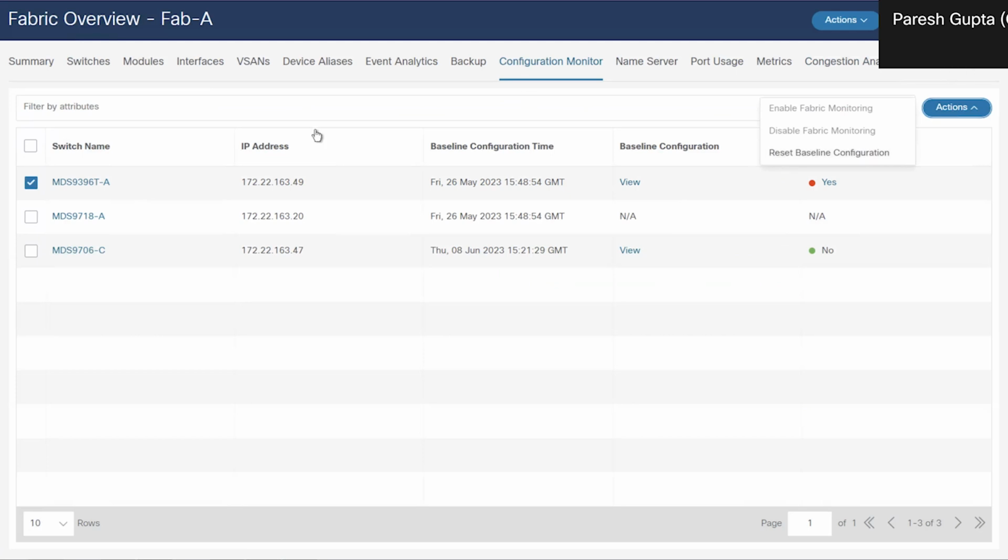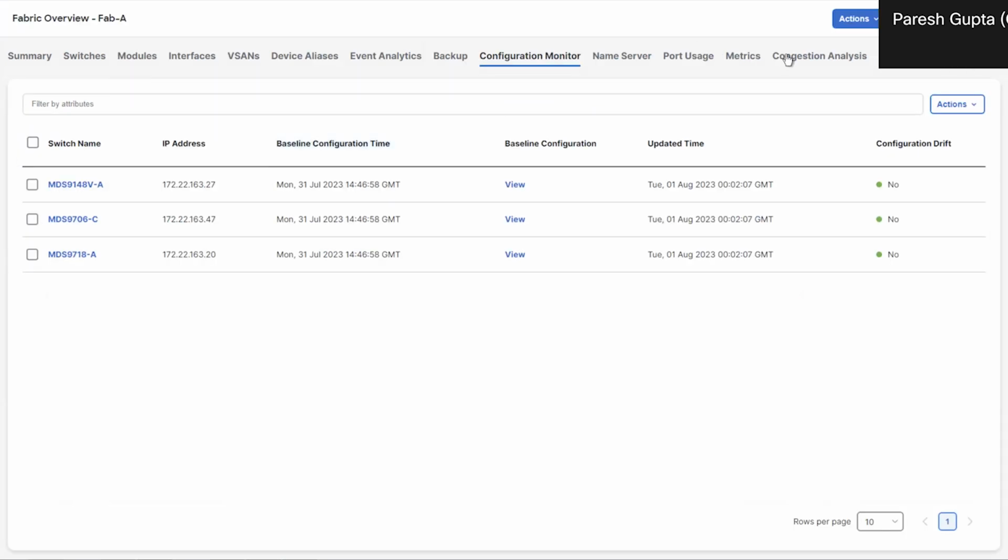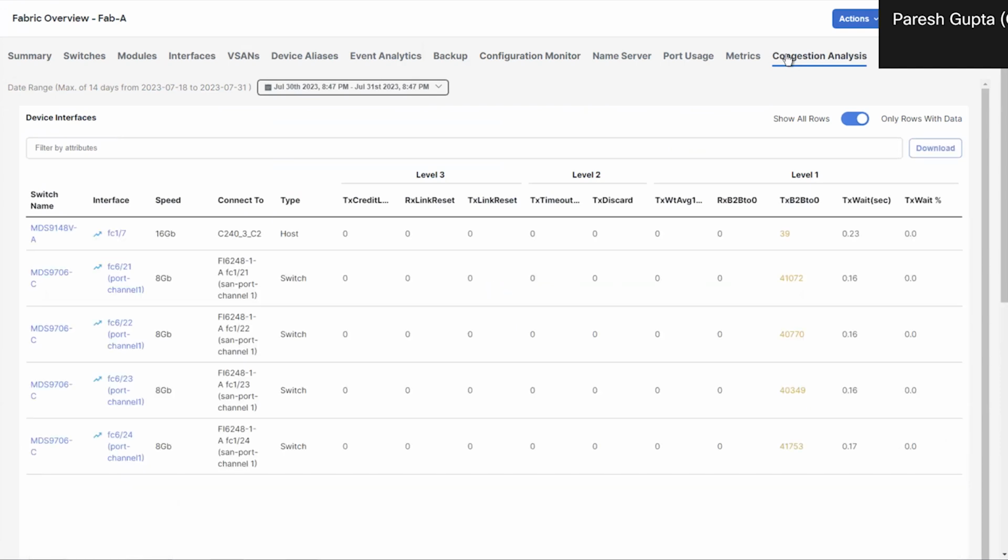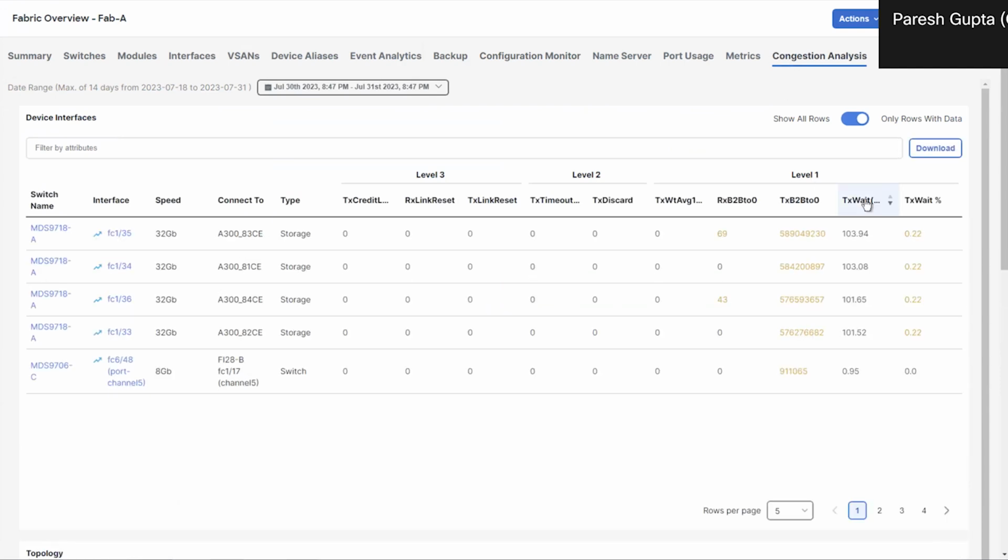Okay, so this is another thing that you should do. There's a congestion analysis. You don't really have to do anything about it. In the recent releases, we have enabled it by default. There's a way of sending automatic alerts when the switches detect congestion. That feature is called port monitor. You should configure that. But after receiving the alerts, if you want to do some historic investigation, just click here,